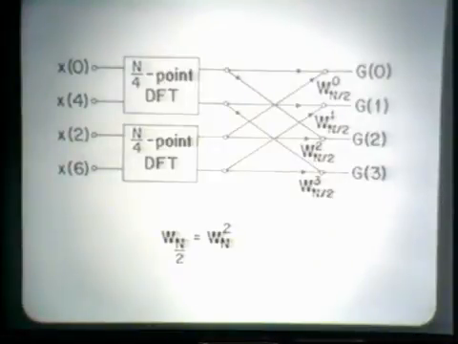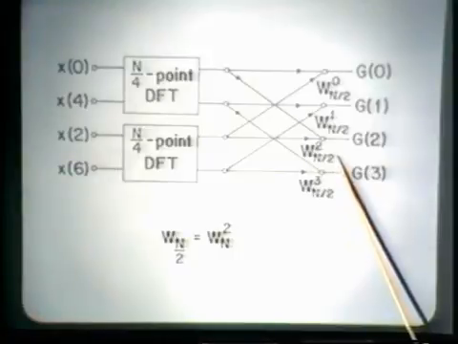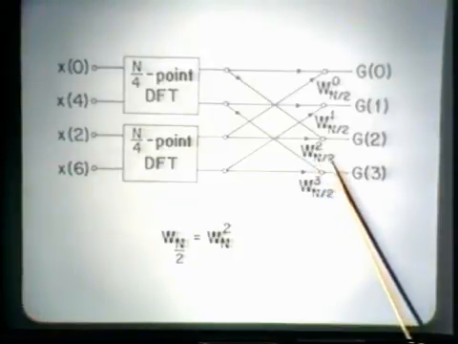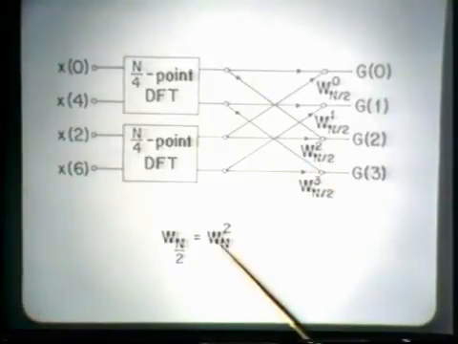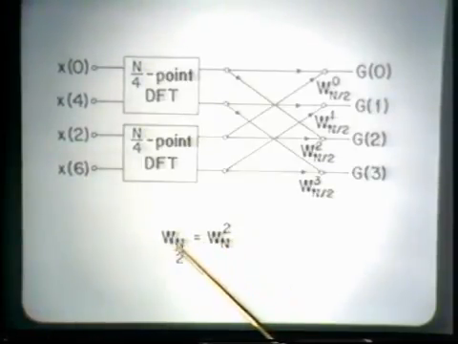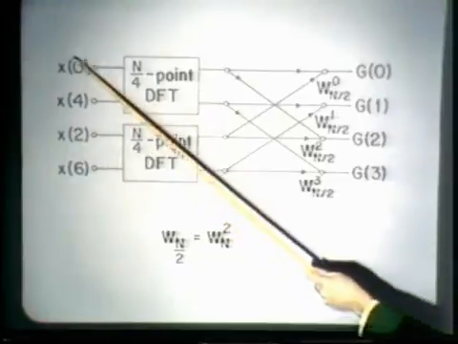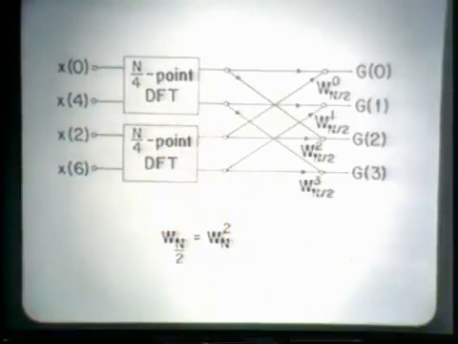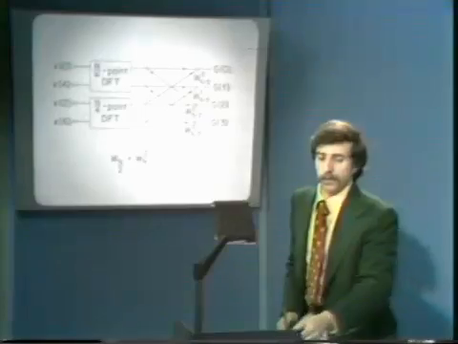because here what we're computing is an n/2 point DFT. However, in drawing the flow graph, we can re-express the powers of w sub n/2 in terms of powers of w sub n, because w sub n squared is equal to w sub n/2. So we have this applied to the even-numbered points and to the odd-numbered points. And when we do that, then the flow graph that results